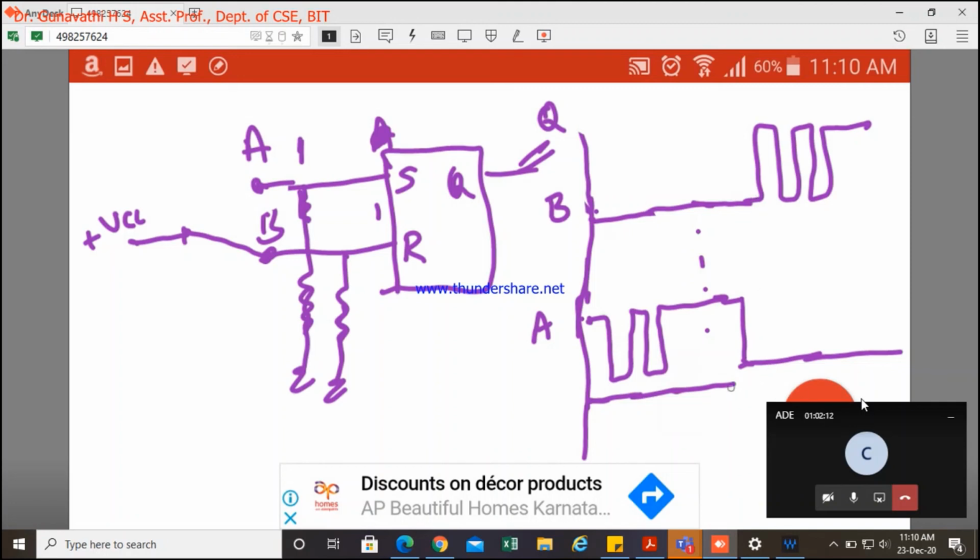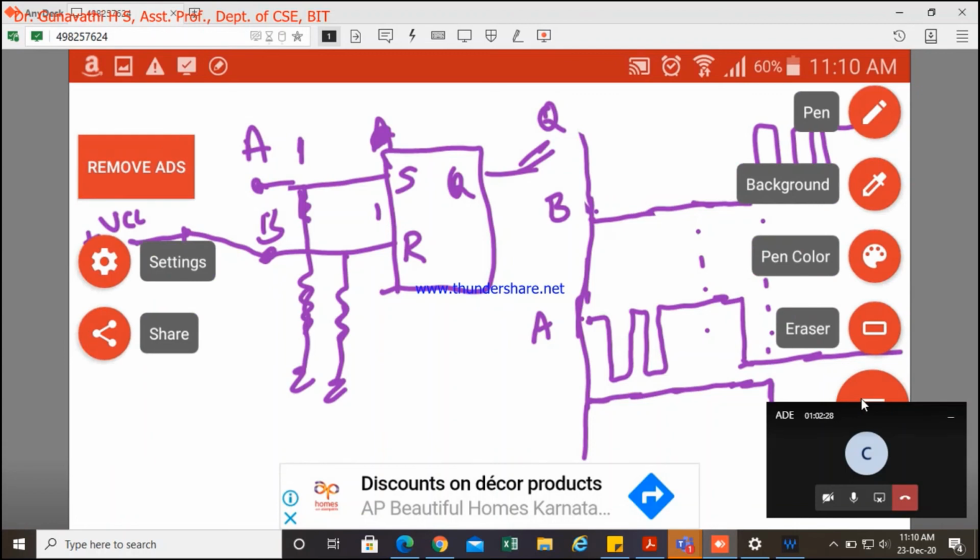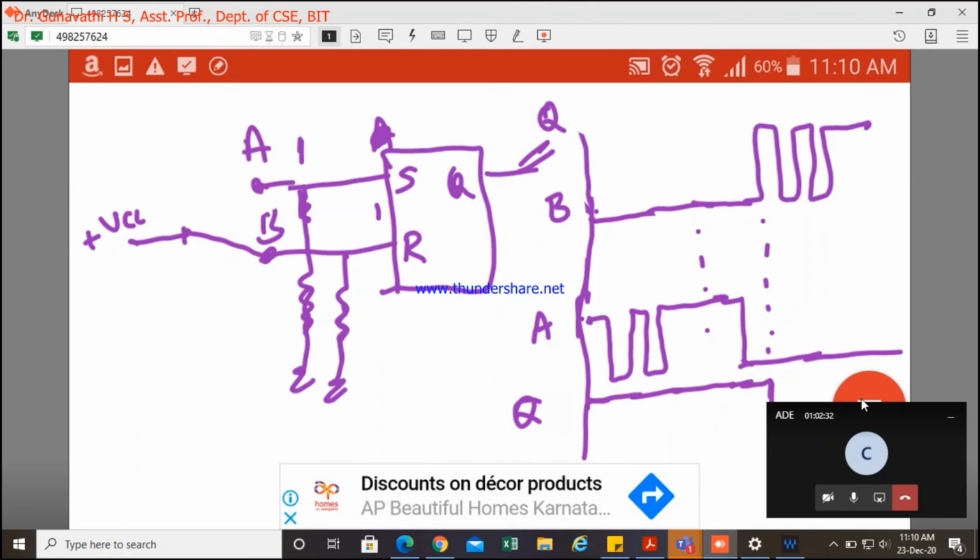So till here it was 0 0. It retains the same state. So once it gets that bouncing effect of 1 0, it was reset. Since it was 0 0, it stays with the reset only. So 1 0 again with 0 0. Sorry, reset. So the meaning here is very simple.